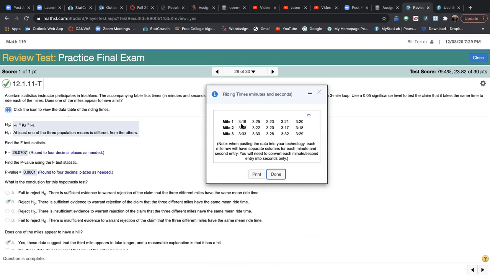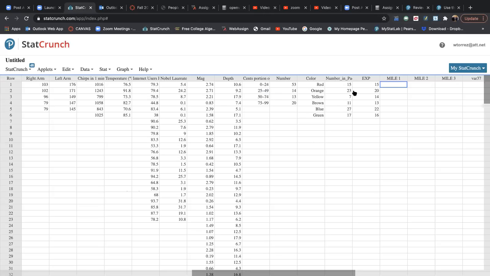Notice that 316 is 180 plus 16, so that would be 196. So let me just type in the data and convert them into seconds. You could use decimals as well, but I found it easier just to use the seconds. So let's go mile 1. The values are 196, 205, 203,